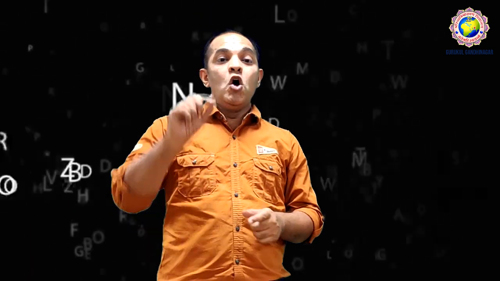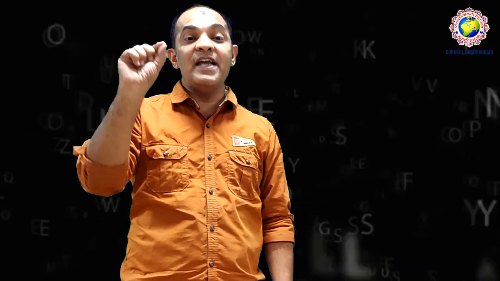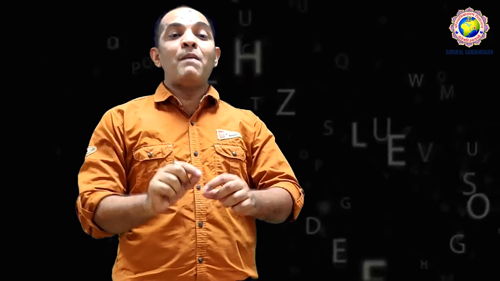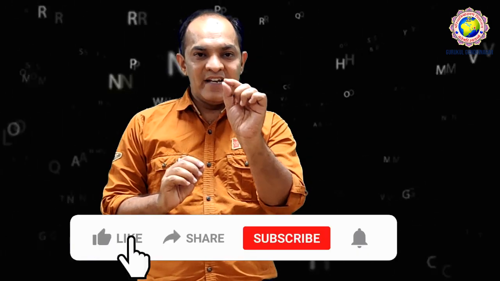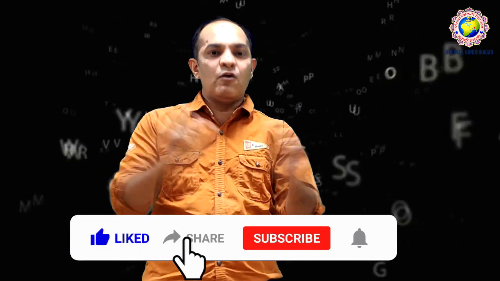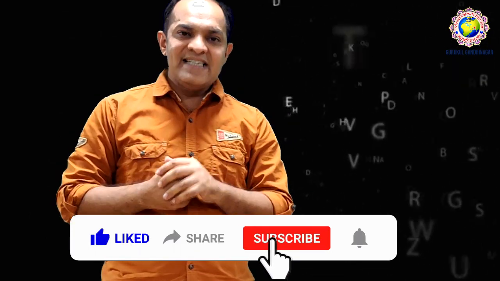So again, an example: who drinks coffee every day? Who drinks coffee every day? So: by whom is coffee drunk every day? By whom is coffee drunk every day? Right? So see, I gave you an example just with the verb drink so that you can understand how to change it. That's why I am giving you an easy example.